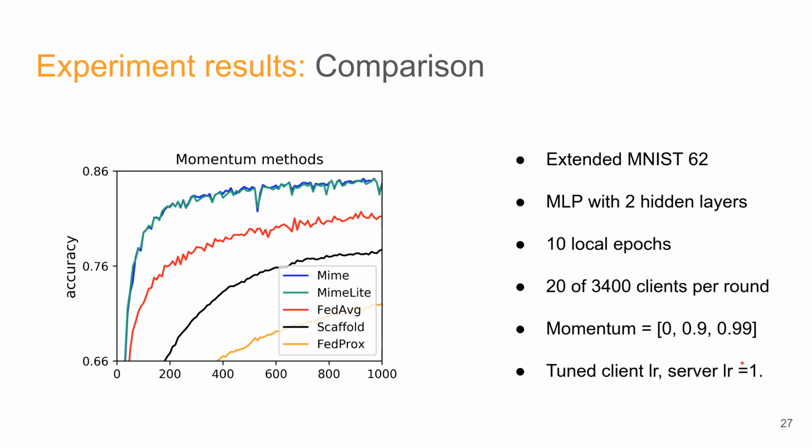I was curious about the, I would expect the Fed prox here is performing so poorly because of the regularization parameter being large, and therefore it's converging pretty slowly. Is that your intuition as well? So here we tune the regularization parameter. We tune it between 0.1, 1, and 5, and the one which worked the best was 0.1. So maybe if we go even lesser,